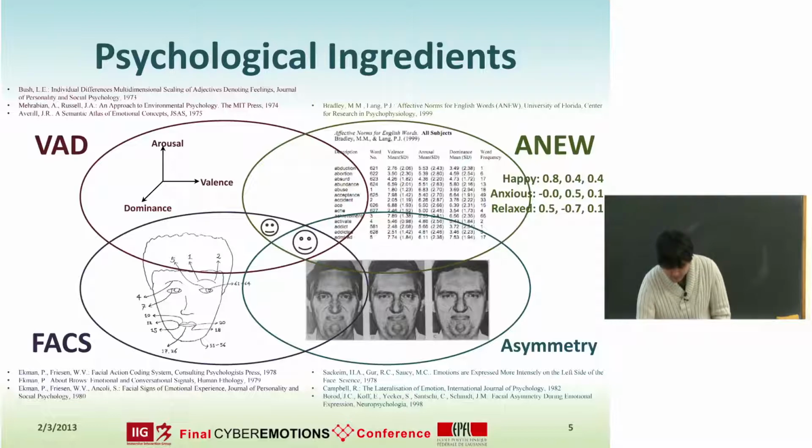And the other part: with this VAD-to-face coordinate, we also combine the research on asymmetry in psychology. This image shows a paper published in 1978, I think, from Sakai. I think this was the first paper published about the fact that the left side of the face gives a more intense feeling of emotion than the right side. But later, I think Ekman published another paper saying that it's not true.